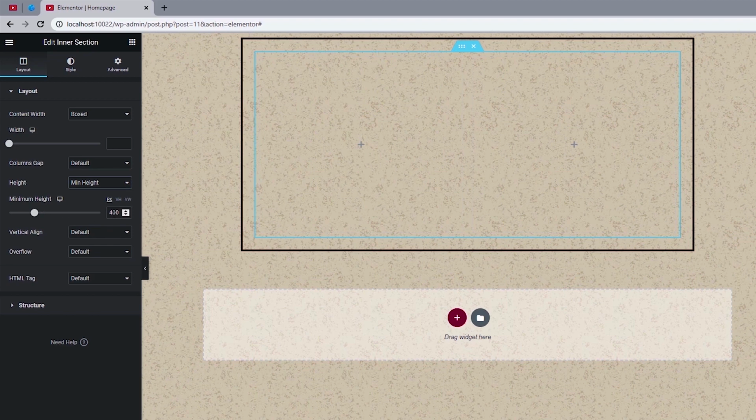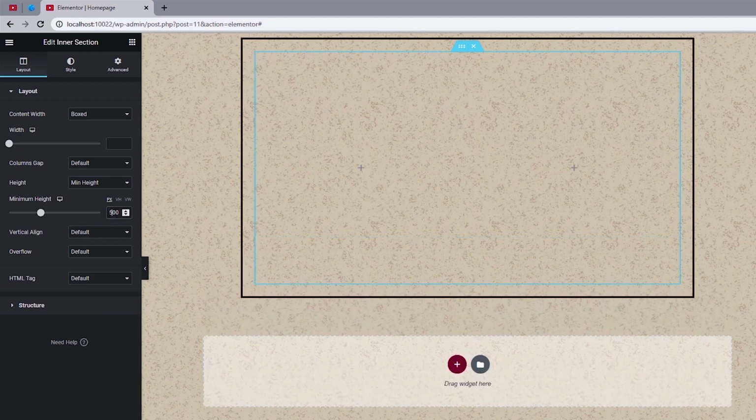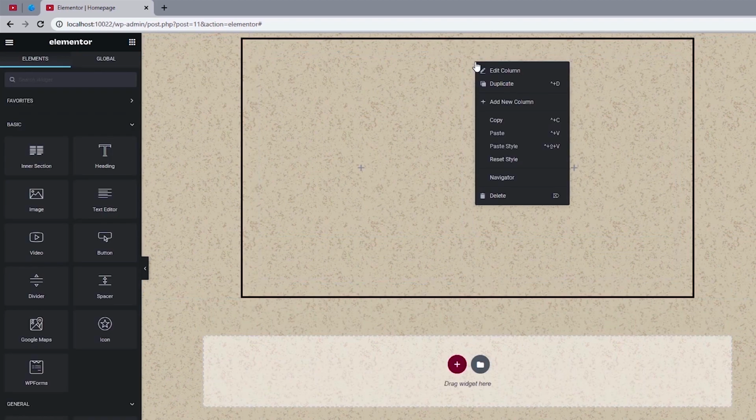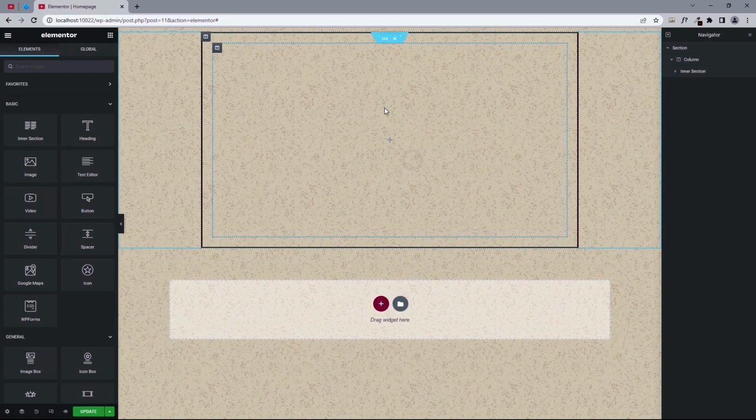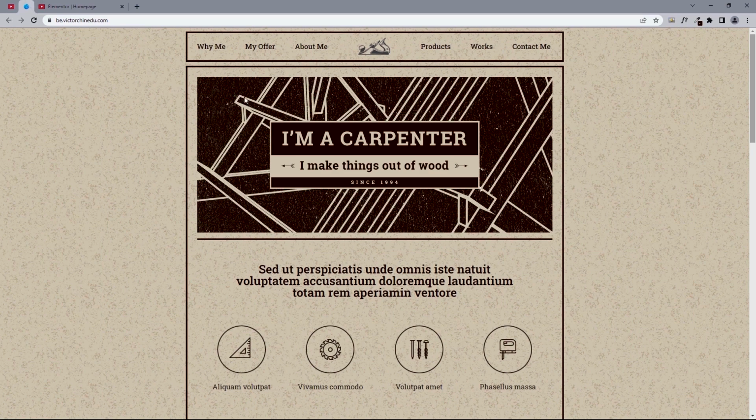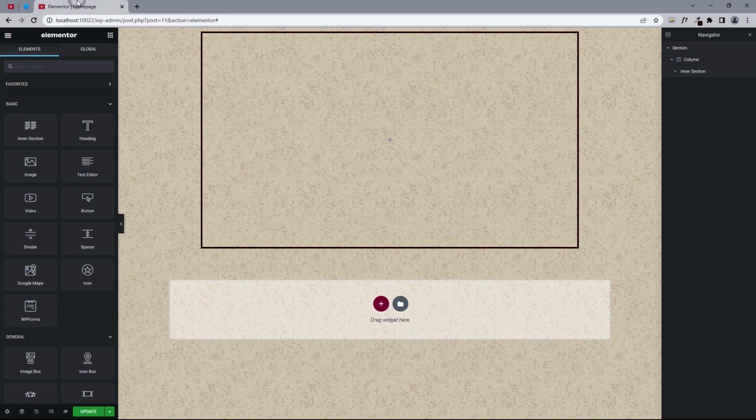And for its minimum height, we want to make this 500. So we want just one column for our inner section, so I'm just going to delete one of these. And now we can start adding in our elements. So heading back to our design canvas, what we have here will be a background image and then an image on top. So heading back to our design canvas, I'm just going to click on this column for our inner